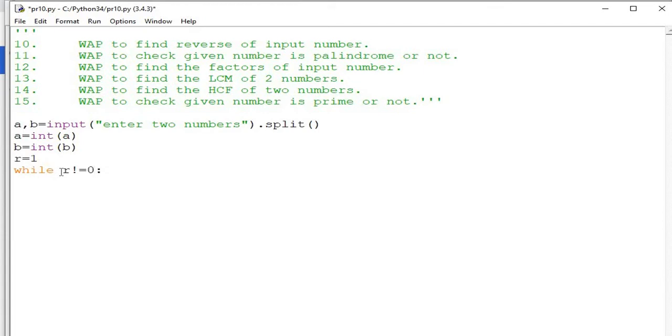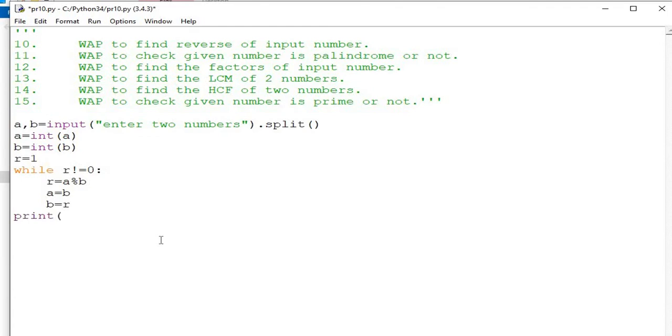First of all you will find the remainder: r equals a modulus b. After that you will interchange the values: a will equal b and b will equal r. Okay, so your SCF will be stored in a. Now print the result.